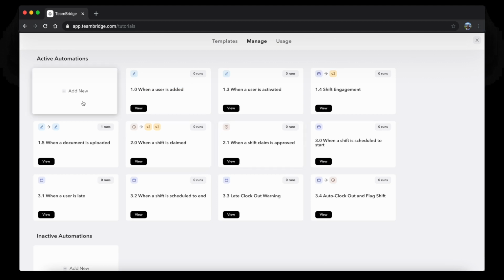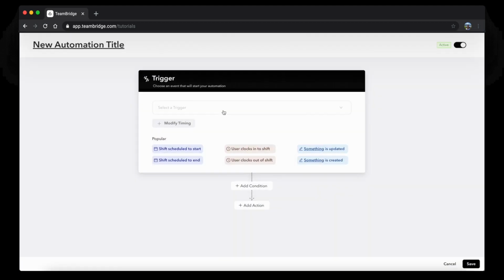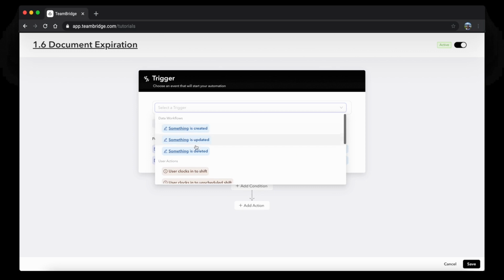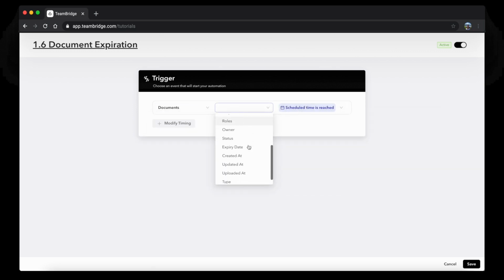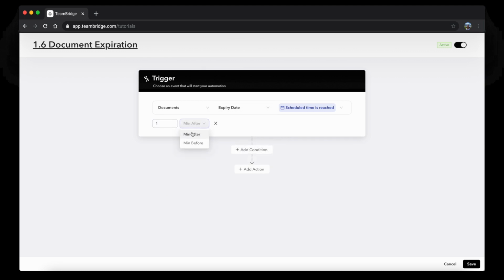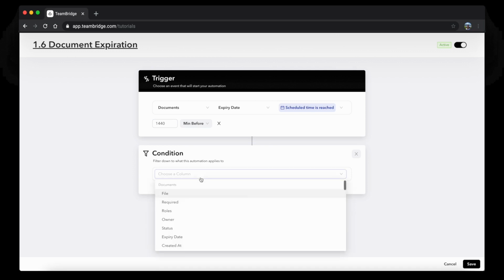Let's create a new automation together. This automation will trigger off of a date. That date will be a document expiration. So we'll say when a scheduled time is reached, and that scheduled time will be the document expiration date. We can then use the timing modifier to set a specific number of minutes or days before,